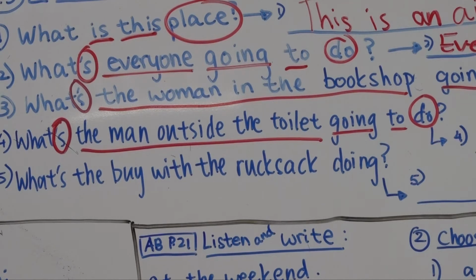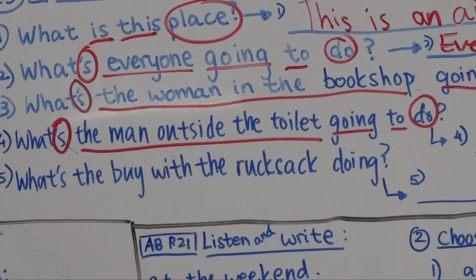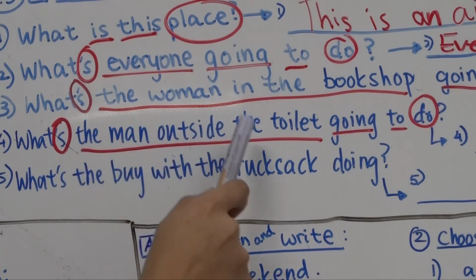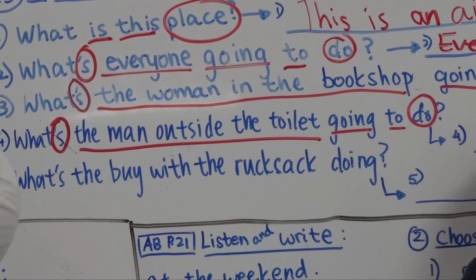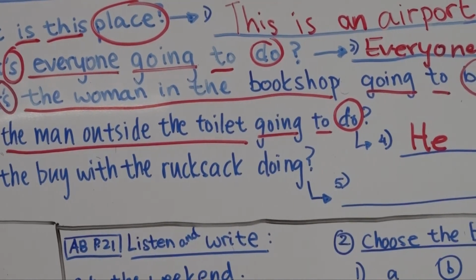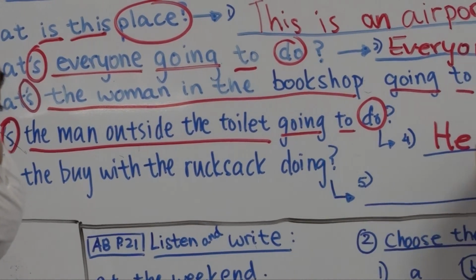And why do you go inside the toilet? To have a snack there? To say hello to your friend? No, right? To use the toilet. So how do we write that down? Similar to question number 3, we have to use the words in the question. Now, the man outside the toilet is quite long, right? So we know who we're talking about already. So we can change that to he, right? For men or boys. He. And then we have is, right? So he is going